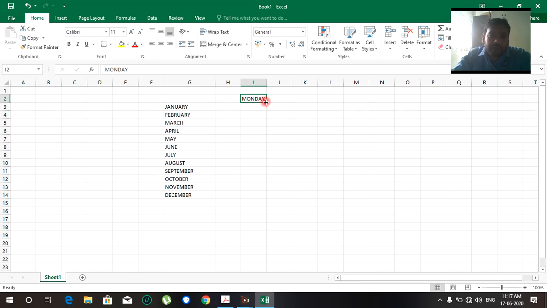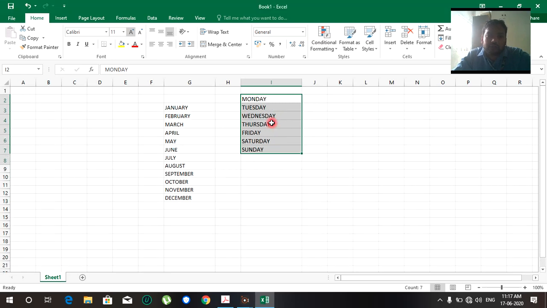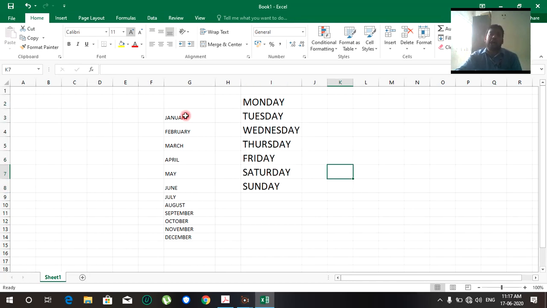Now pull down. When we pull down, the data is filled automatically. This is the way how we can fill the data automatically.